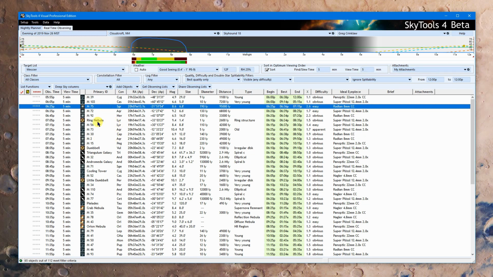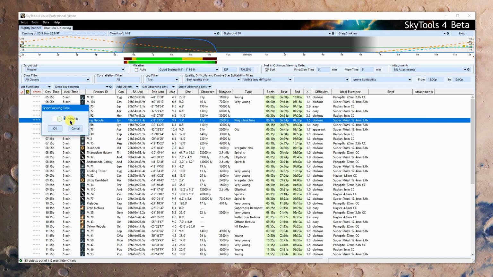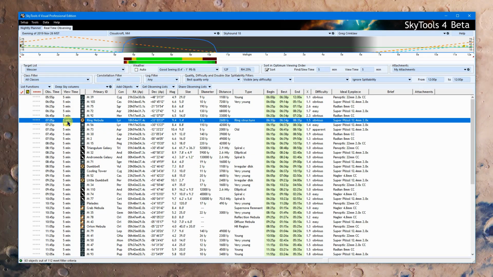Now let's say I'm going through this and I really love the Ring Nebula, and I've got a special plan tonight where I want to look for a detail in it that I've never seen before. So I want to look at it longer than 5 minutes. I'm going to right click on 5 minutes here, and I'm going to put in 15 minutes. Now it's going to recalculate everything, and